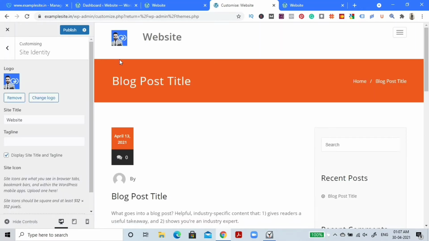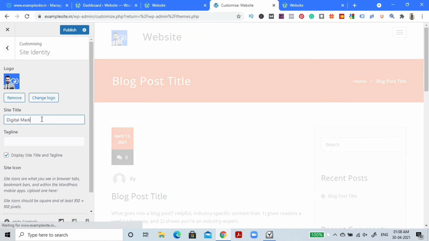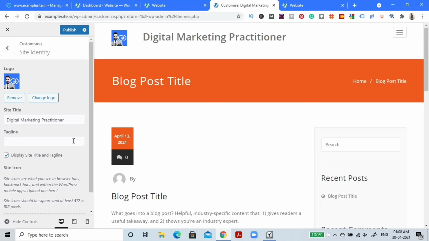So now you can see the logo is already here, right? So like I told you, the right hand side is always going to show you the live preview, the live changes that you are doing, right? So let's change the site's title. Let's change it to something like digital marketing practitioner. Now I can also write a tagline.